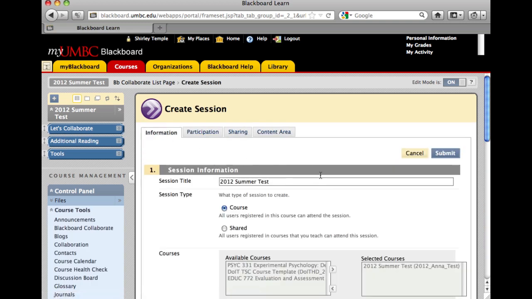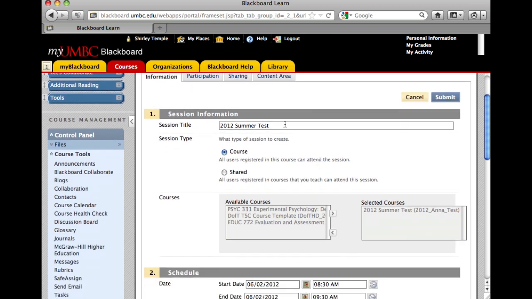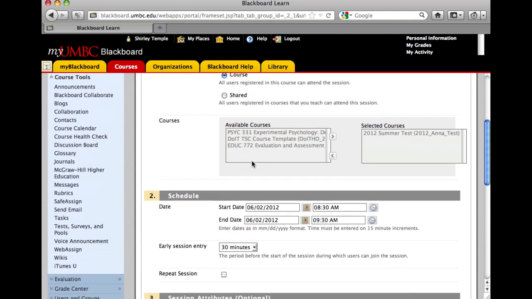In the session information, you can enter the title of your session, and then choose the type of session. The course option will only be displayed in the current course. The shared option is displayed in multiple selected courses. This is available for the instructor who have more than one course. So for our example, I'm just going to click the course option